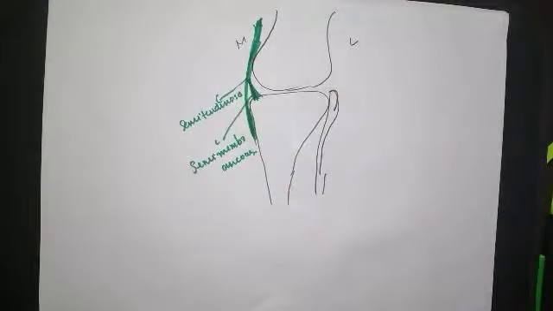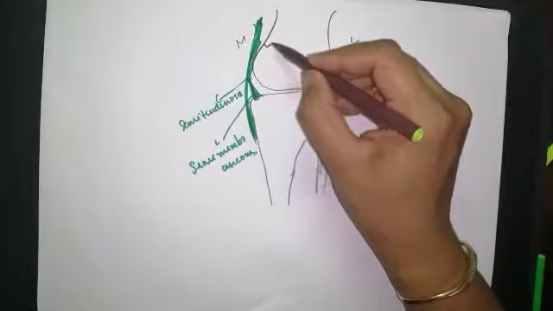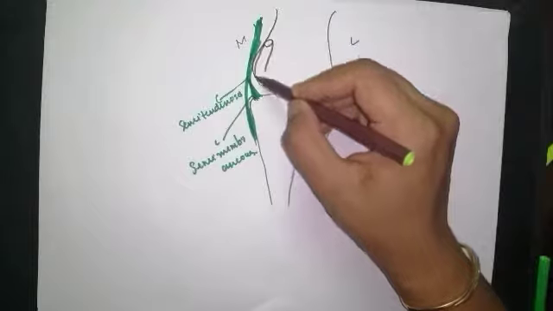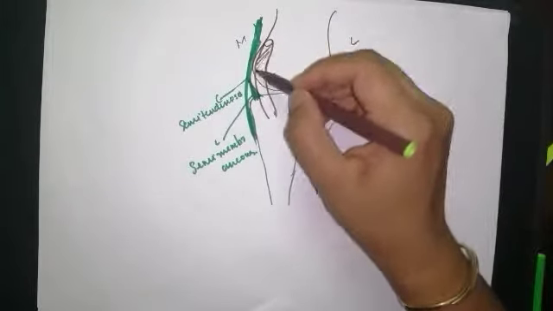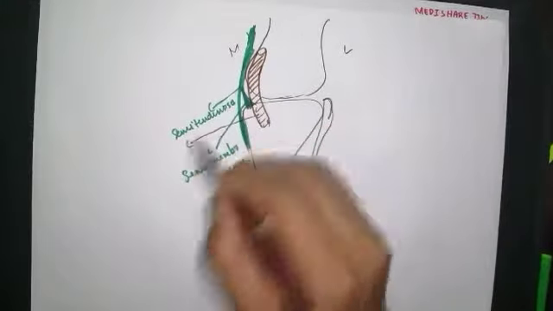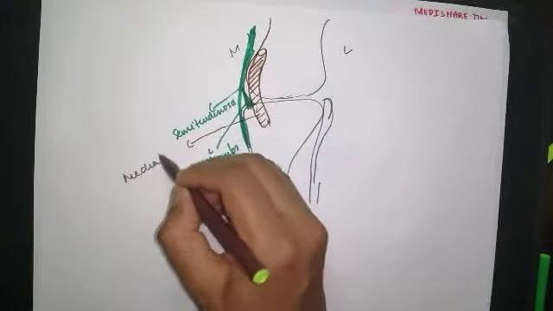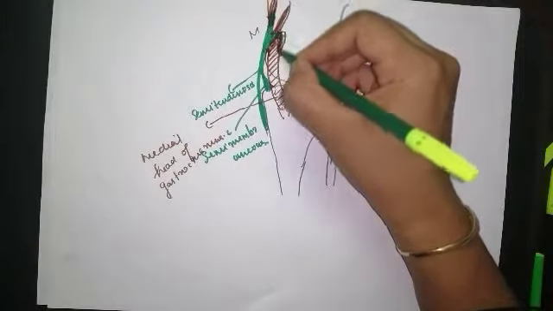And you have another muscle here, which muscle is this? That is the medial head of gastrocnemius. Medial head of gastrocnemius. So the tendon was like this,